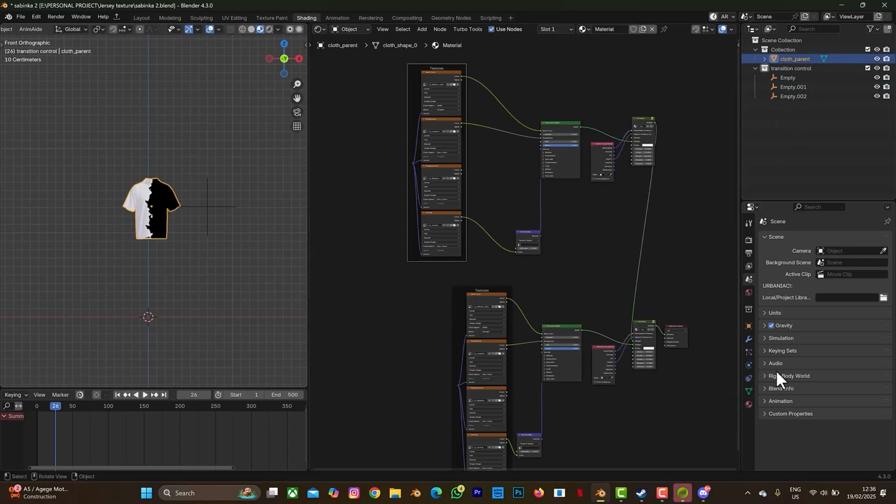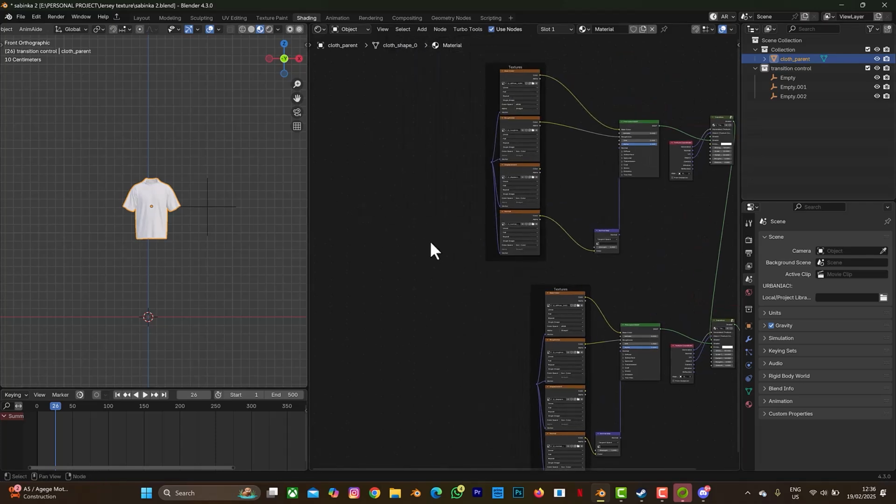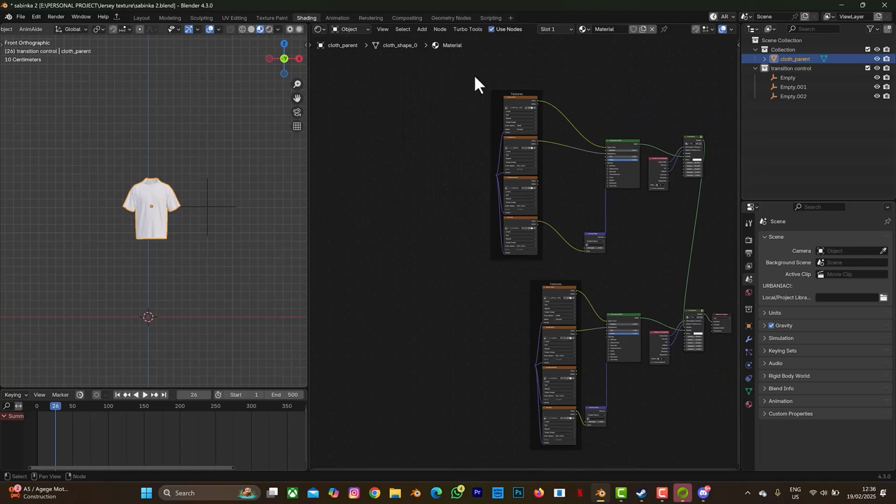So let me select this material. This first one will be the empty. Coming, I just need the drop down. I don't want to select. So the first empty, that means this empty. Then this second one is going to be the coming. Let me just select this empty 001, empty 001. Yeah. So this third one is going to be the one we're going to do right now. So let me select this one